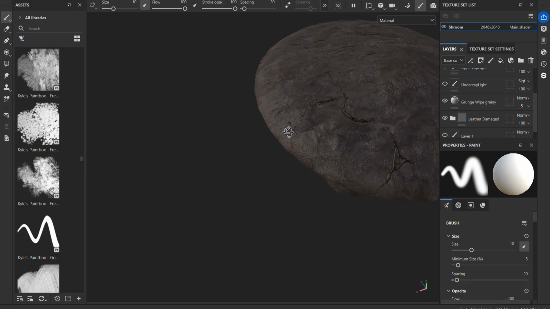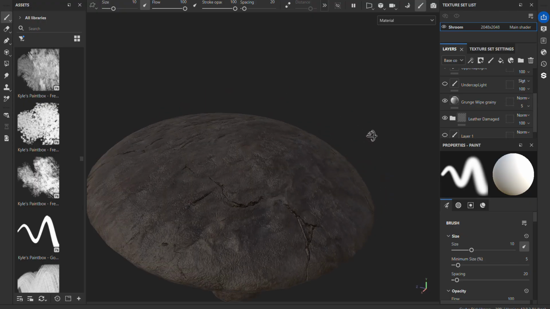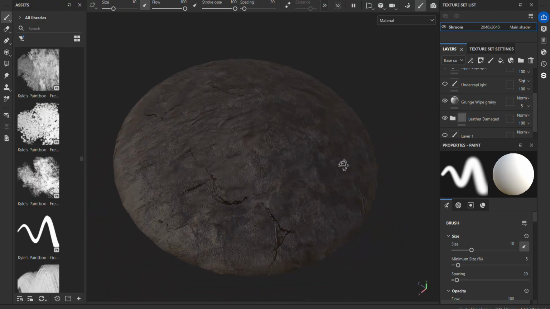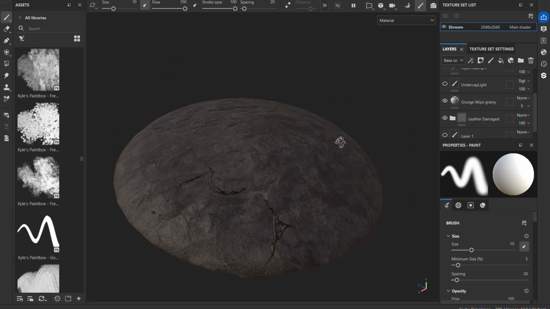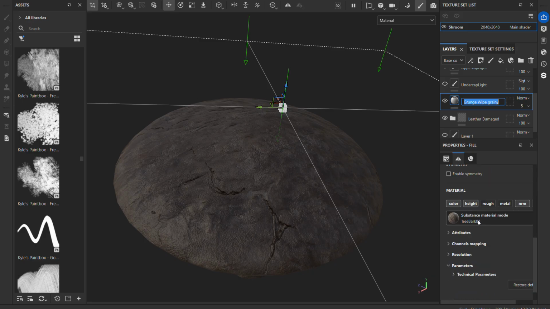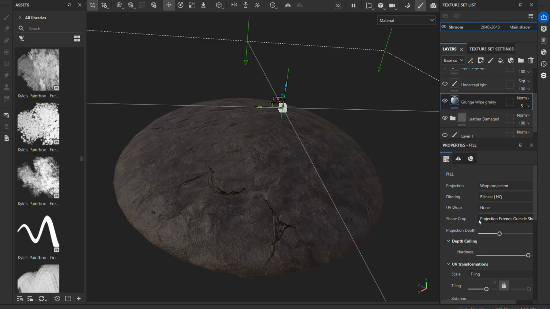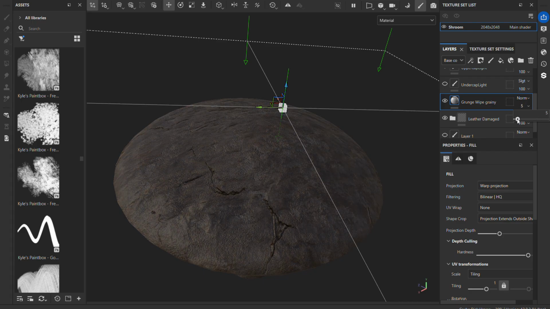Then there's this grunge level that went on there. I just took the color off because I didn't really want to have the effect of it. Turn the opacity up. Yeah, it's like a tree bark. Turn that part down,